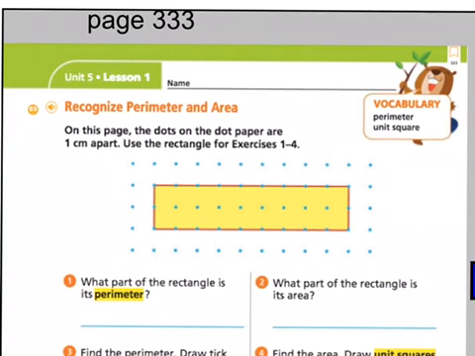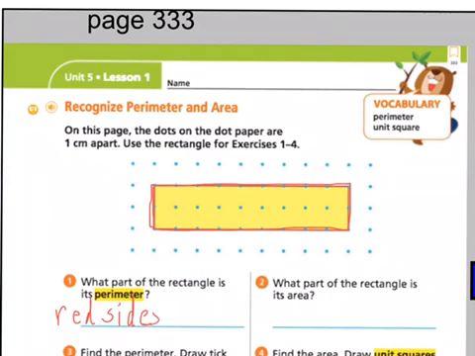Okay, so question number 1. What part of the rectangle is its perimeter? So perimeter is these red lines that go all the way around the rectangle. So here are the red lines. So this is the perimeter, and I'm using a red line to go over the top of those. So the perimeter, we could either say are the red sides, but I also want you to know that the